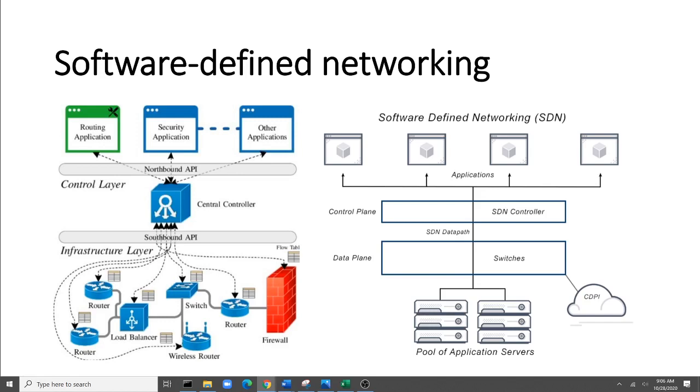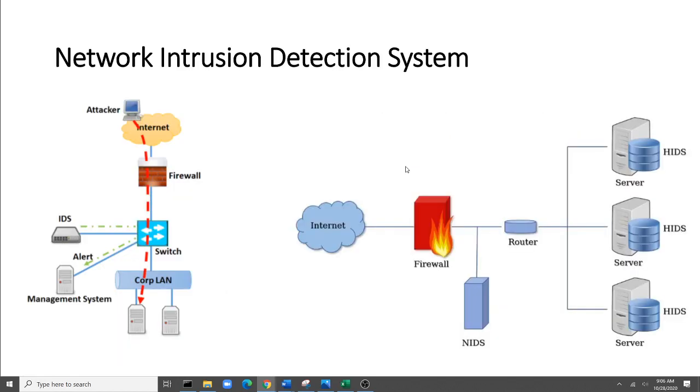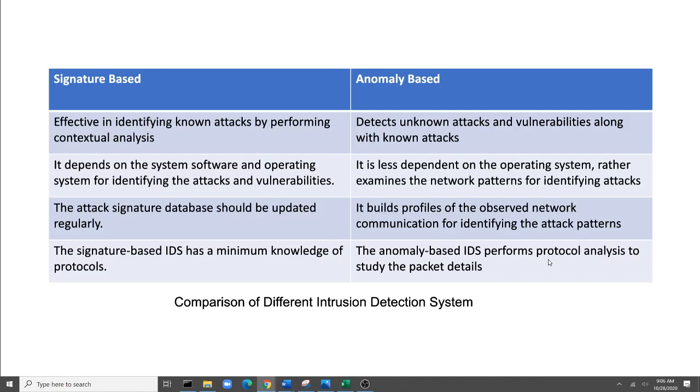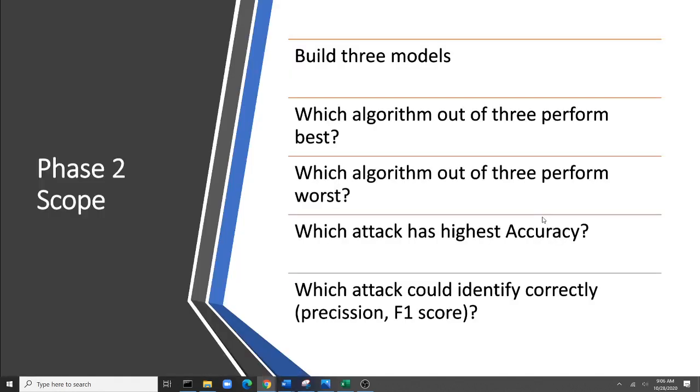And also I talked a little bit about software defined networking in Phase 1. There are two different intrusion detection systems, the network intrusion detection system, NIDS, and HIDS. And I talked about the differences between signature based and anomaly based network detection systems also in Phase 1. And Phase 2,